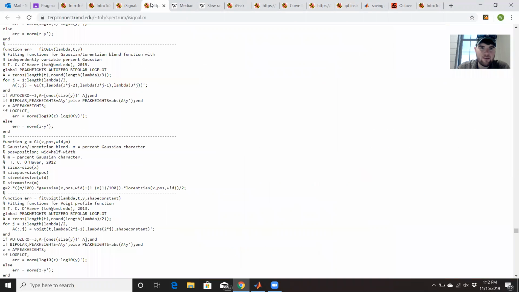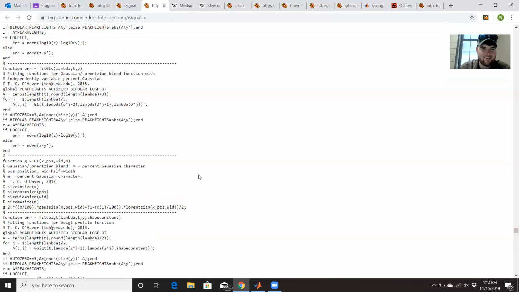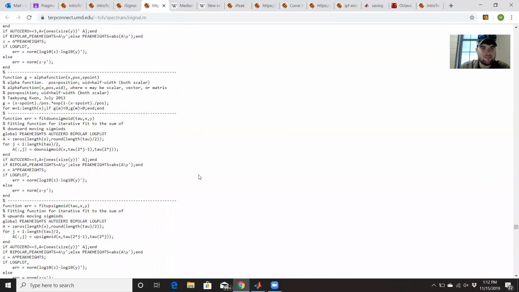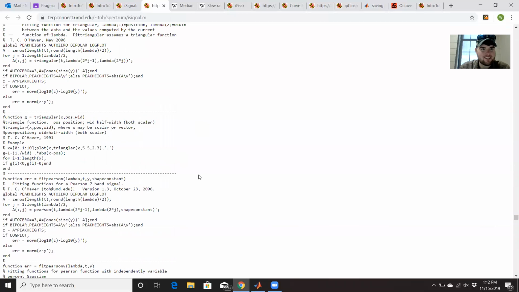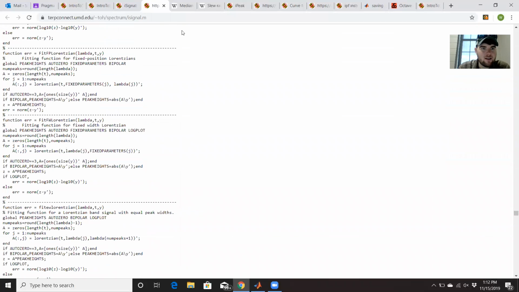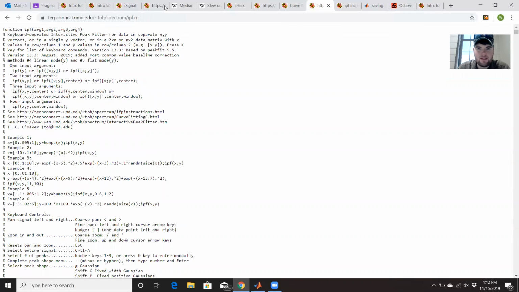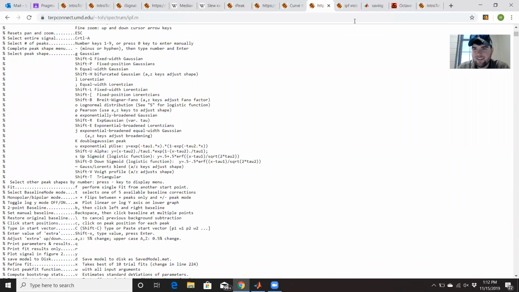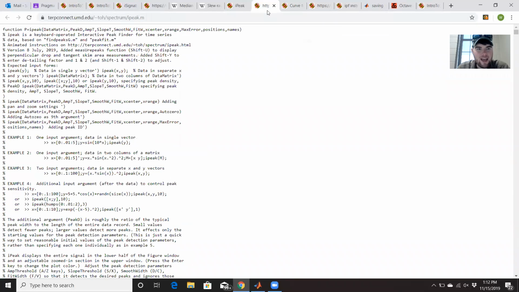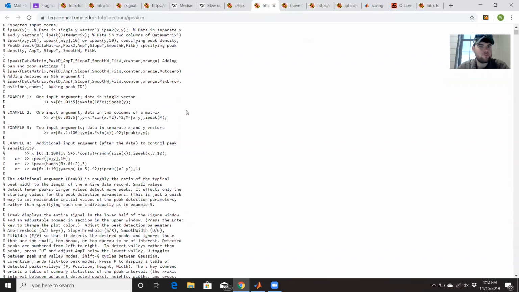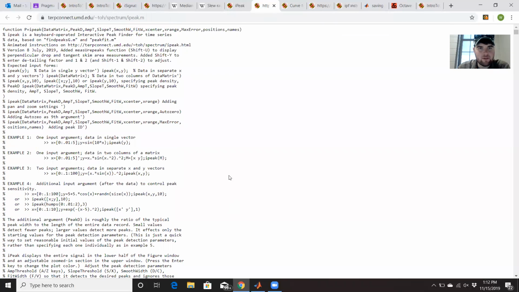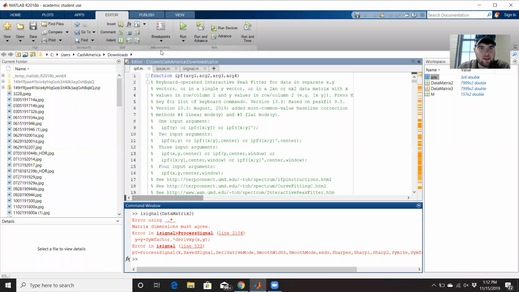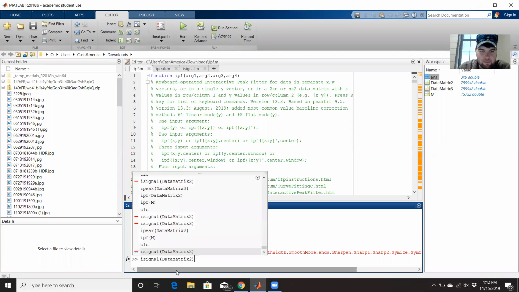Going back, you can see why these functions were so massive. I mean, it's just insane how large they are. That's the iSignal function. And over here we have the IPF function. Just massive. And there's the iPeak function. Massive, massive functions. So if we hop over to MATLAB to take a look at iPeak